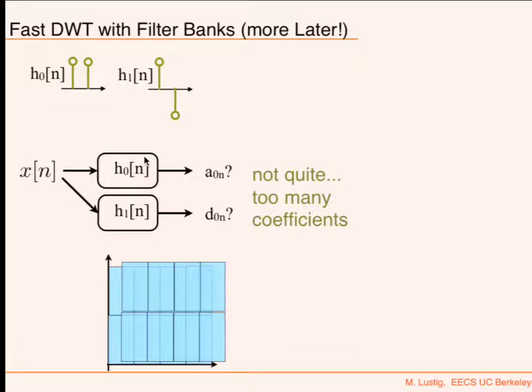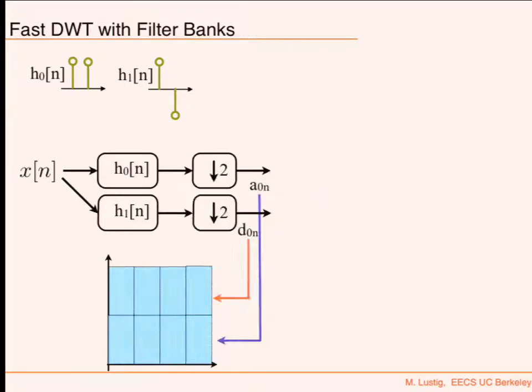And so what we are missing is, basically, this will give us a decomposition which is broken into halves and then overlapped. So we have this overlapping between them. So what we need to do is downsample. So what we're going to do is convolve with a low pass, downsample, convolve with a high pass, and downsample.